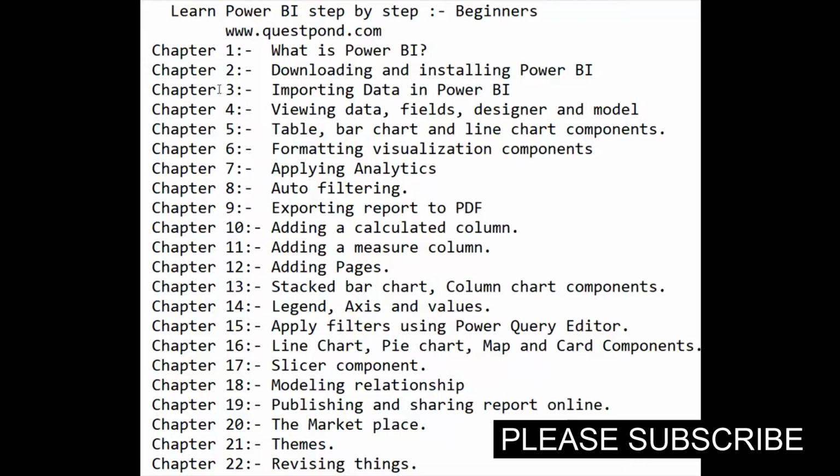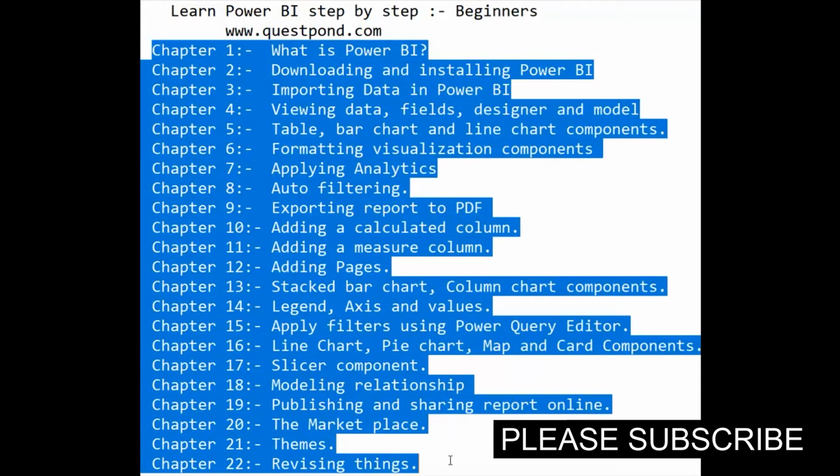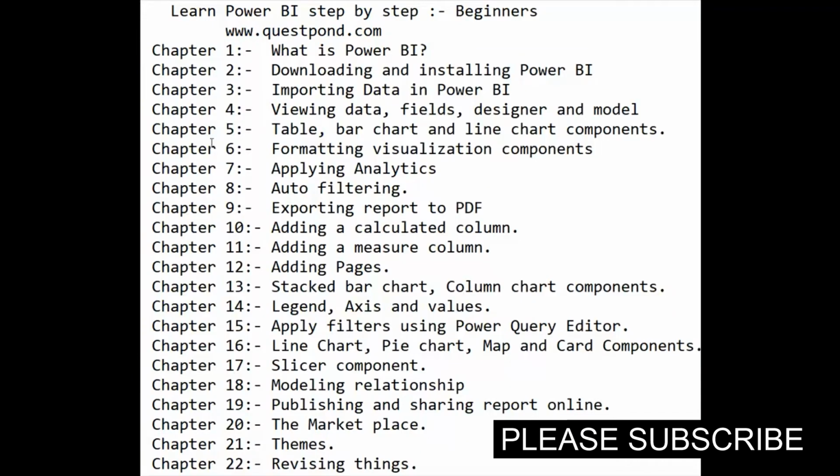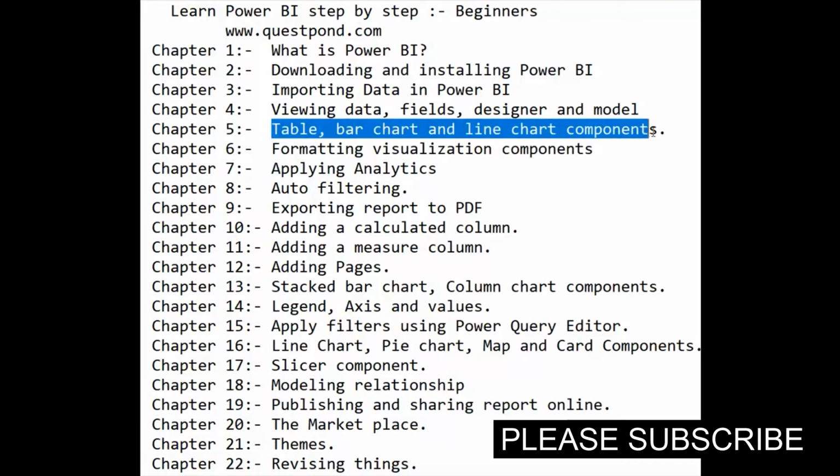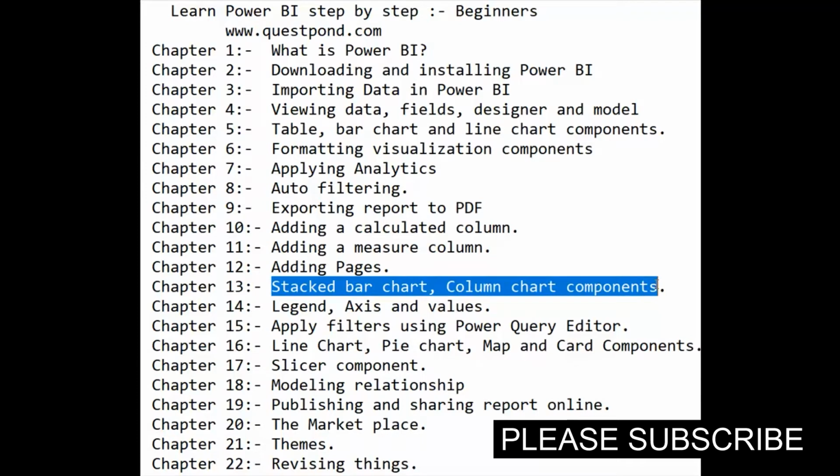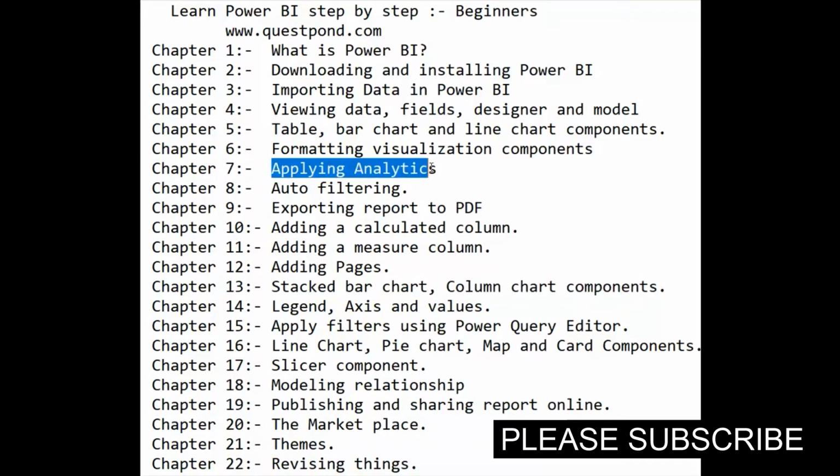And this first chapter is one of the 22 chapters we have in this. This is about 1 hour of video, wherein we'll first try to understand what is Power BI. We will download and install Power BI. We will go through some very, very important components like table chart, line chart, bar chart, stack chart, column chart. We will also talk about some important concepts like analytics, creating calculated column, measure column, slicer, and so many other